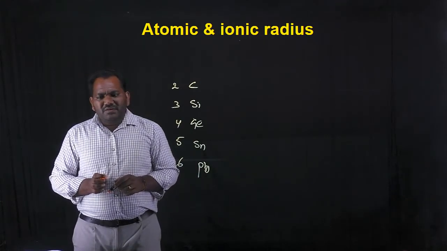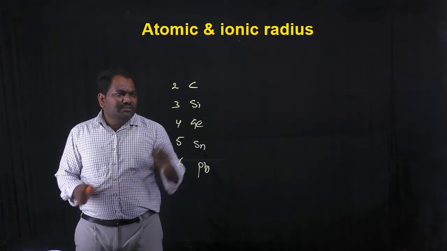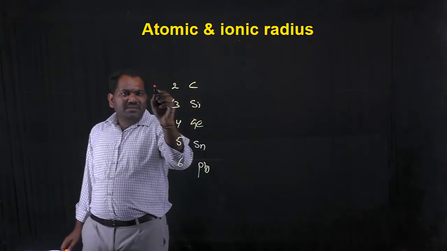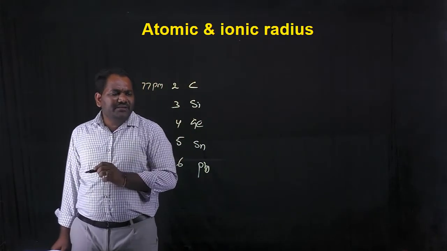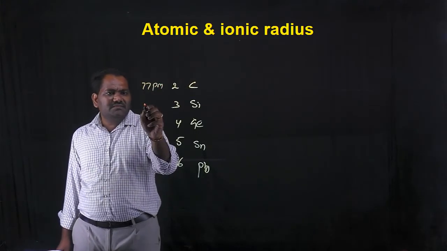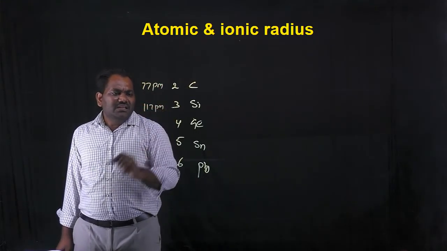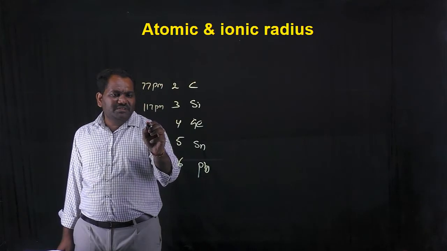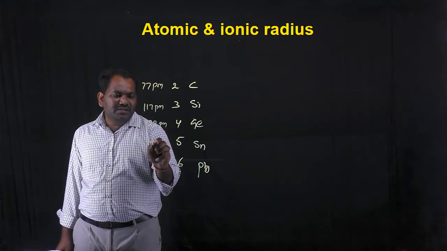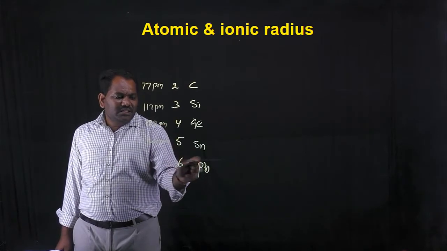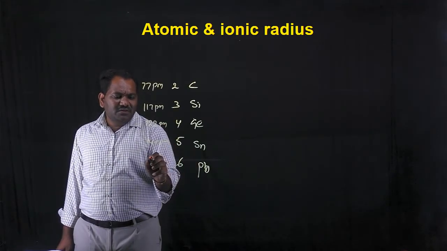Here, the atomic radius of carbon is 77 picometers, silicon is 117 picometers, germanium is 122 picometers, tin is around 140 picometers, and lead is